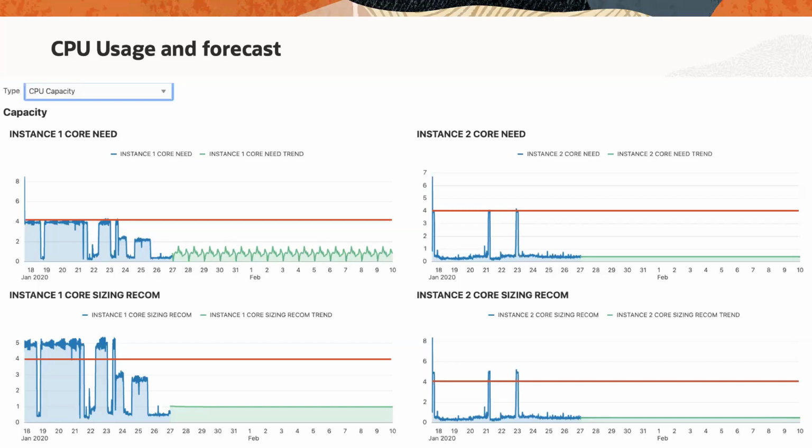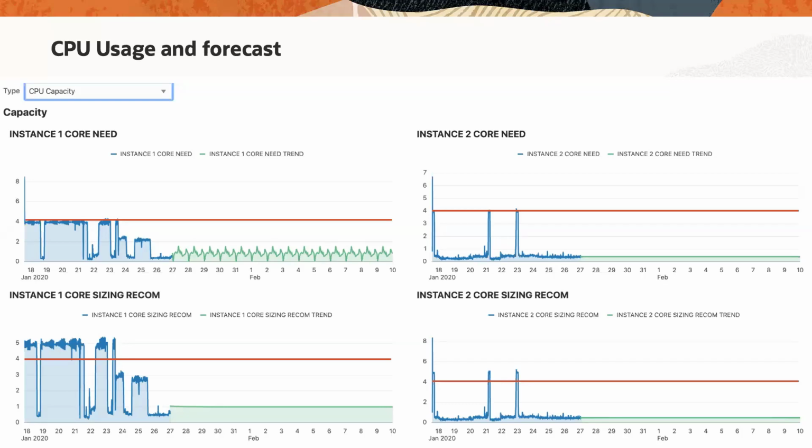Sorry, the red line is the highest value at that point, and the green line is what you expect the value to be over a period of time. Depending on the core sizing we have for the instances, we can predict, if I'm going to put a few more clients on this machine, how much more the CPU utilization is going to trend. The more I trend towards the red line, the idea is to push the next set of clients into another